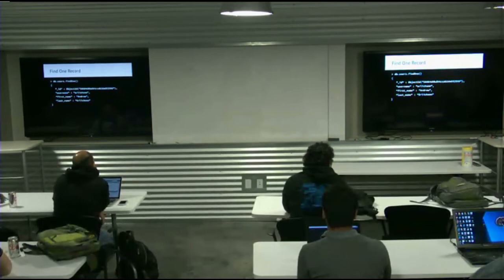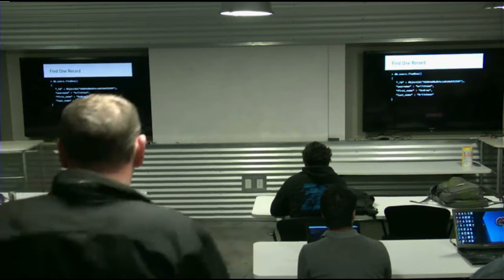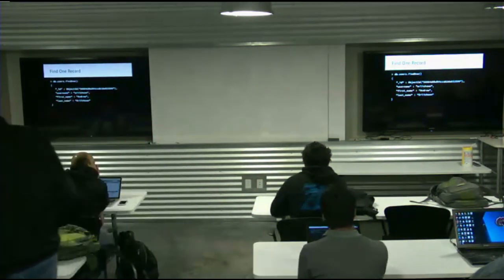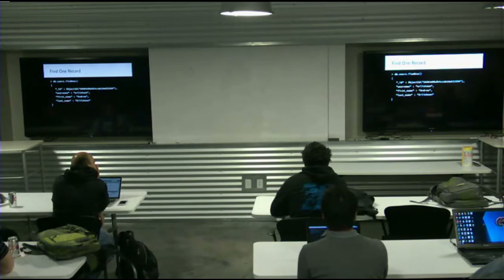And for those of you that have done a lot of relational database work, that's actually pretty powerful. As you get into really large scale data, if you've got an index on a field like last name, for example, you can do a query and say, well, I only want the last name field. Because the field last name is in the index, you can get a completely covered query that only hits the index and doesn't have to hit the source data itself. So that functionality is also in the system, it's baked in.